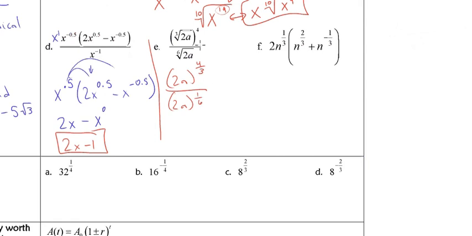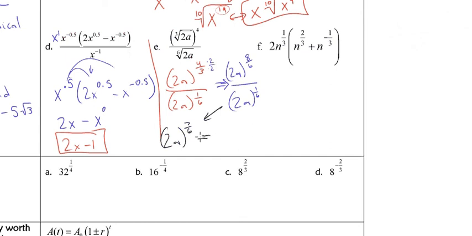Now we need to get common denominators, and so with 6 and thirds, we just need to multiply this top one by 2 over 2. And that's going to change everything to the quantity 2a to the 8/6 over the quantity 2a to the 1/6. That'll give us the quantity 2a to the 7/6,